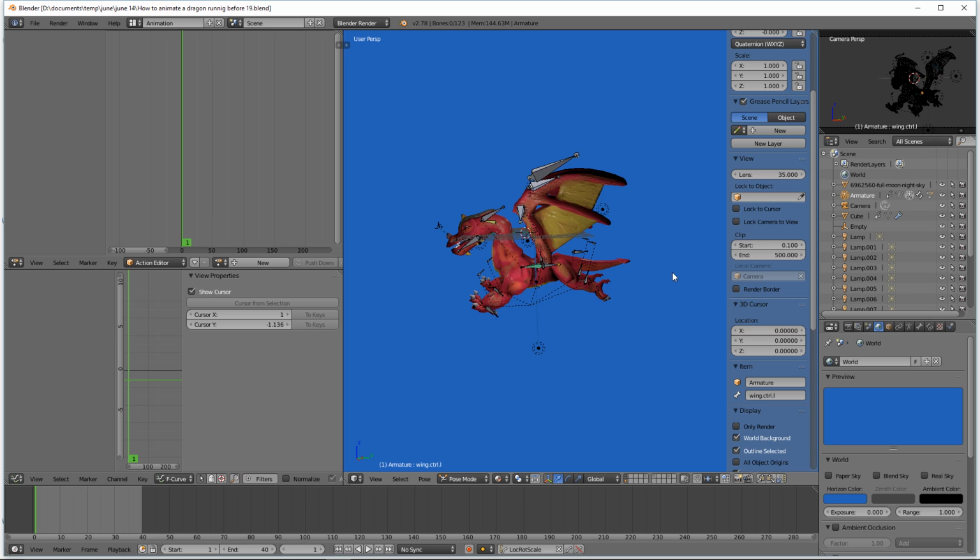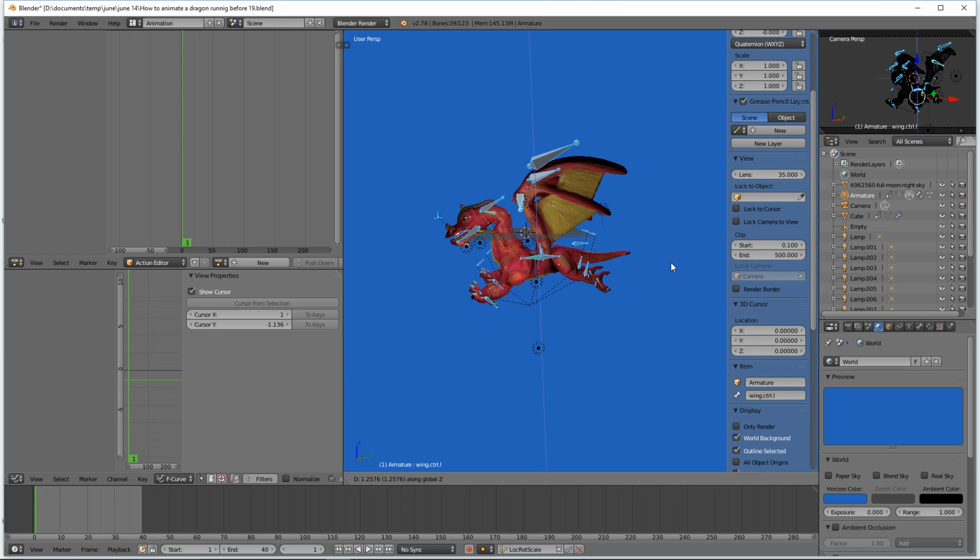Okay, so what we're going to do now is press A to select all of our armature bones. We're going to press G and then Z. You can see that preview line going up as well as down. By pressing G and Z, we can only move either up or down. So we're going to move up some. I'm then going to left click to lock that in. You don't want to move up too much. Be careful about moving up too much. Just some, and then once you have your armature as well as your mesh moving up,